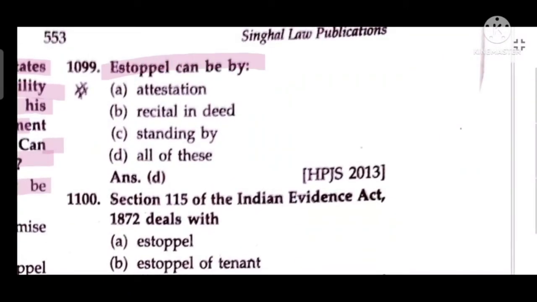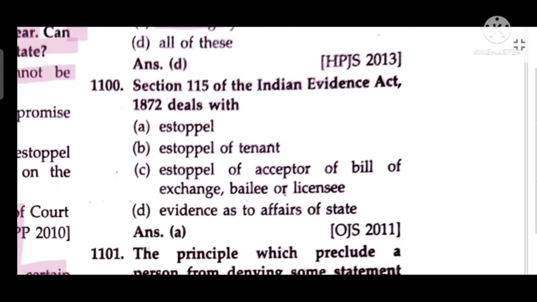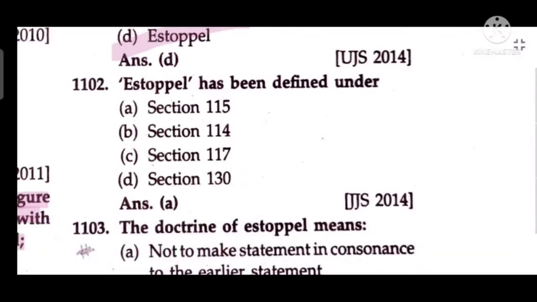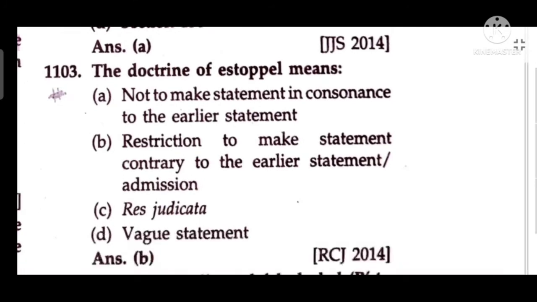Estoppel can be by attestation, election, and standing by. Section 115 of the Indian Evidence Act 1872 deals with estoppel. The principle which precludes a person from denying some statement previously made by him is known as estoppel. Estoppel has been defined under Section 115. The doctrine of estoppel means a restriction on making a statement